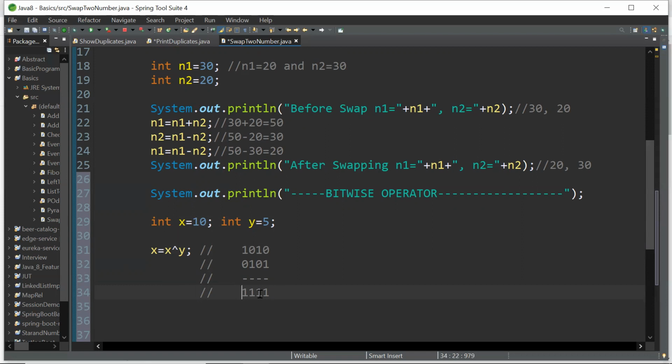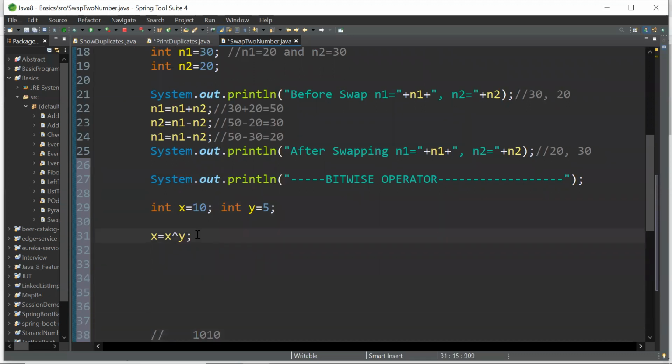Okay, so here we go. This one and this one, 0 1 1 1 0 1. If it is opposite, it should be 1. If it is the same, 0 0, it should be 0. If it is 1 1, it is a 0. So this is the output we got here. Okay, so then I will take it down. The value here is 15. I got a 15 here.